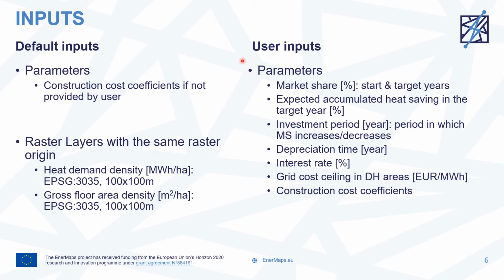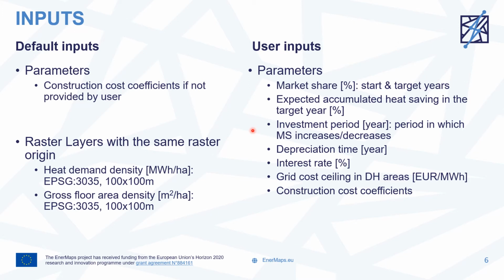The user, on the other hand, can provide the following parameters: market share in person for the start and target years, expected accumulated heat saving in the target year, referring to the amount of heat that can be saved as a result of retrofitting, for example,